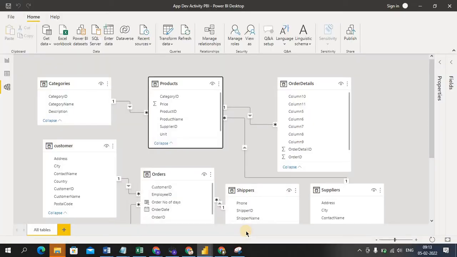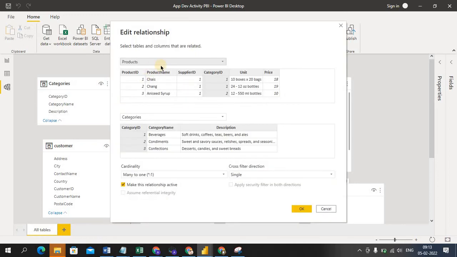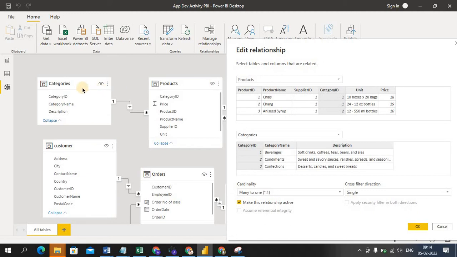Okay. So if I click here, one to many, just double click on this link. You can see the product and categories, these two tables, right? This category and products. It's joined with this category ID and category ID. This category is unique, like 1 2 3.